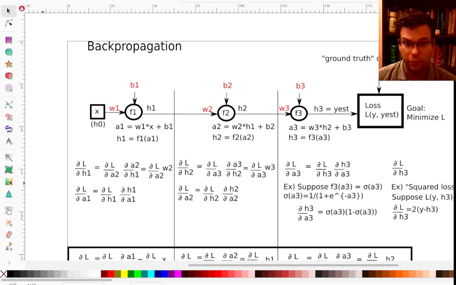Okay, we are now ready for the grand finale of backpropagation. We're going to look at backpropagation for training multilayer perceptrons with an arbitrary number of neurons in each level. Now, just to recap what we've done so far, we actually did have a solution for this, which I called